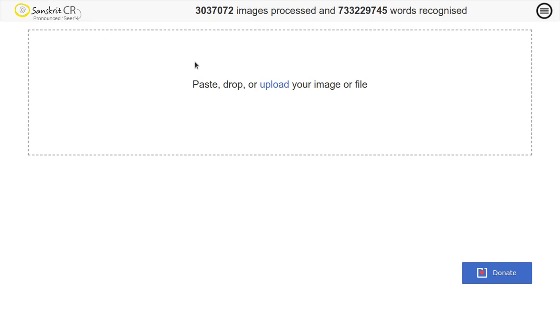OCR, optical character recognition, is a process of mechanical or electronic conversion of scanned images of handwritten, typed or printed text into machine encoded text. It simply converts an image into text format from which we can access it easily.